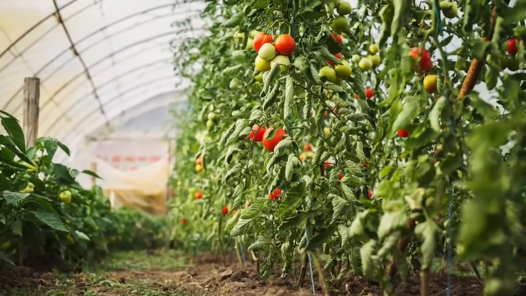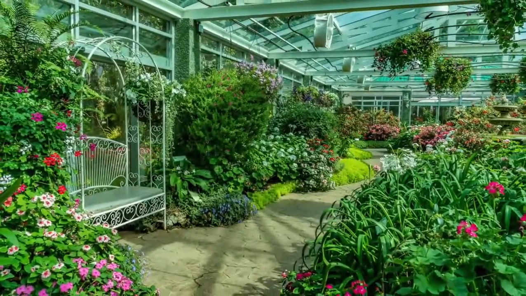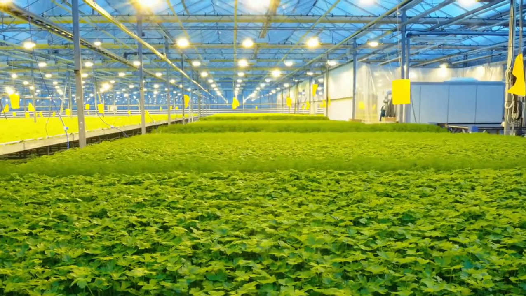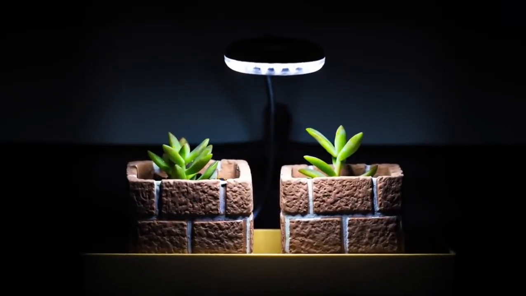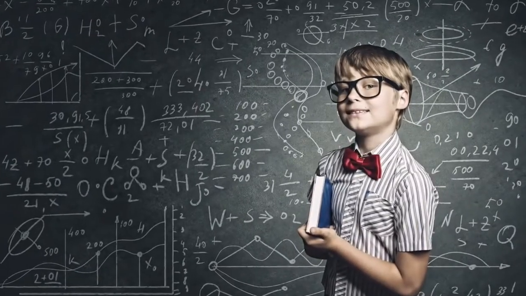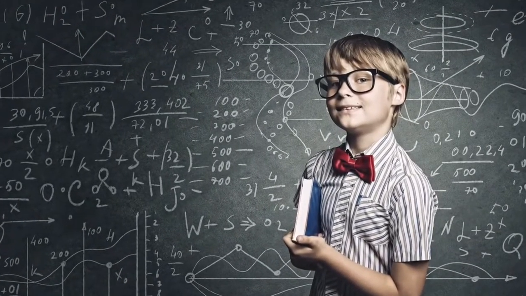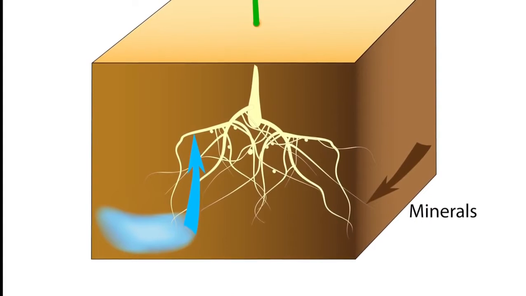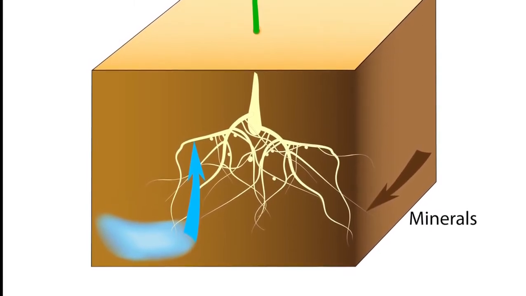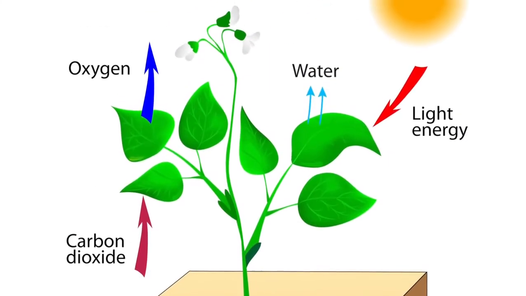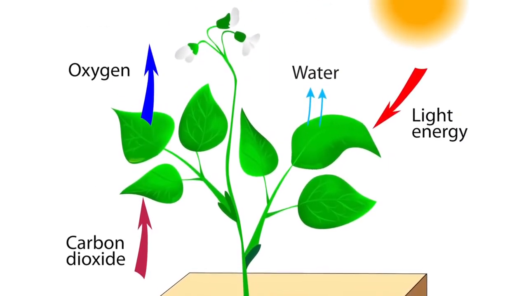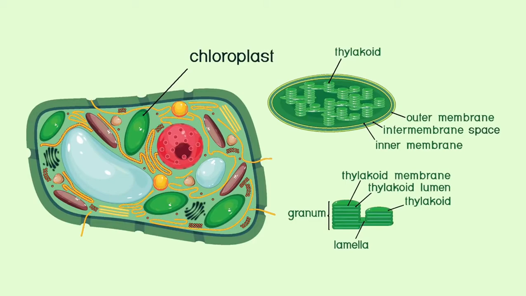Some plants can be grown indoors. They still need light energy. It takes a special lamp to produce the right kind of light that plants need to perform photosynthesis. Now that you know the 3 things necessary, let's see how they all work together. Water, in the form of moisture, reaches the leaves of trees and plants through the root system. Carbon dioxide is also being absorbed into the leaves and into the chloroplasts.